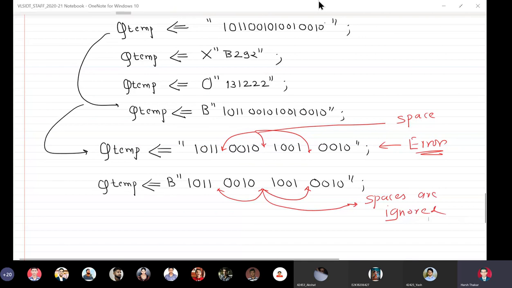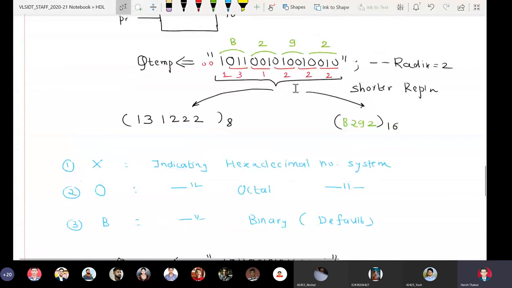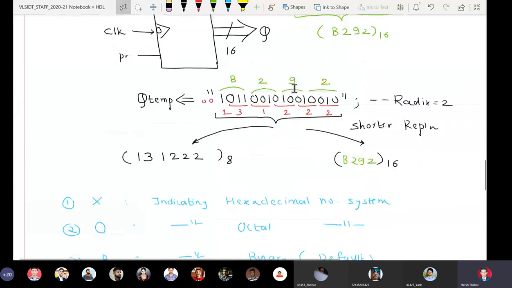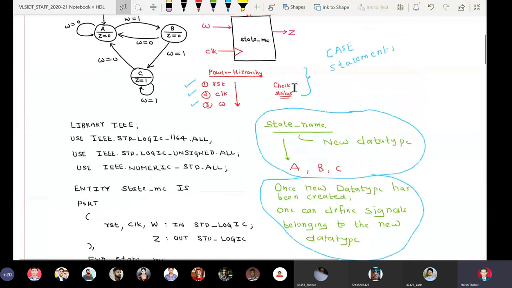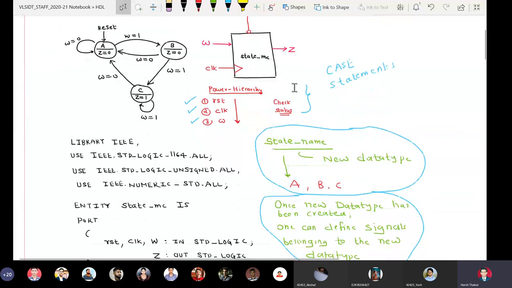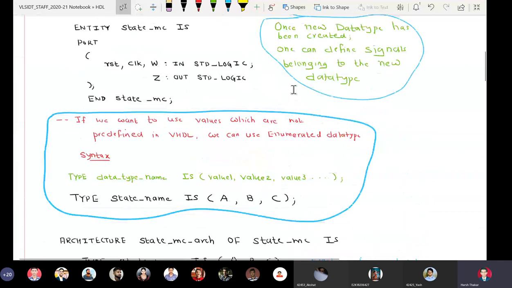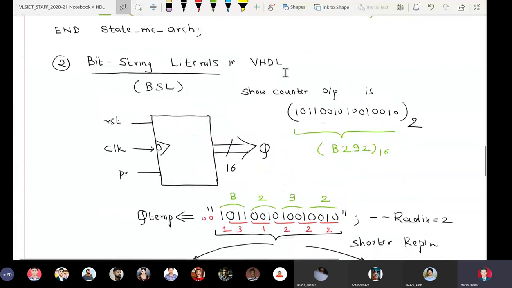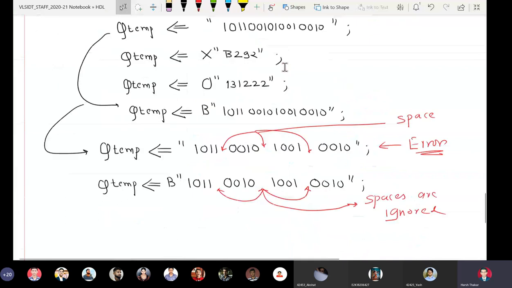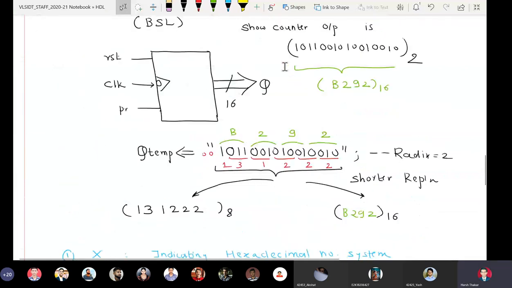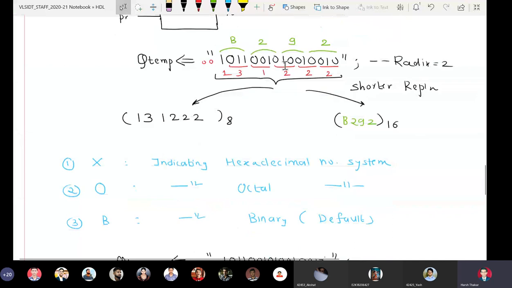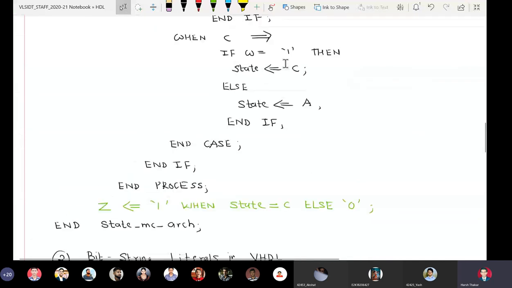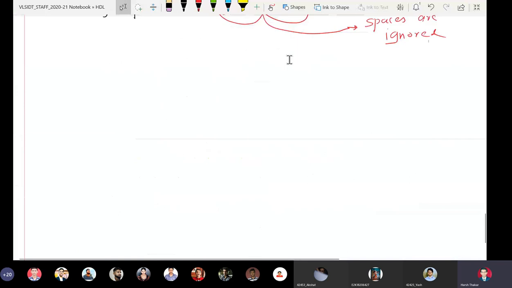Okay. So I hope this is clear: how to use bit string literals in VHDL. It is only for shortening the bits which are there in the output. Now the third is attributes in VHDL. Any doubts till now in bit string literals? I think it is crystal clear. So you will be able to appreciate the BSL concept if you actually use it while writing your VHDL models, in defining the outputs of counters or the contents of memories and registers. Okay, fine.